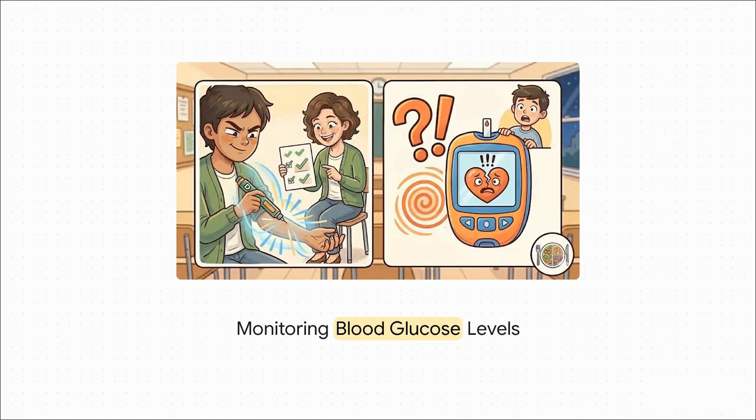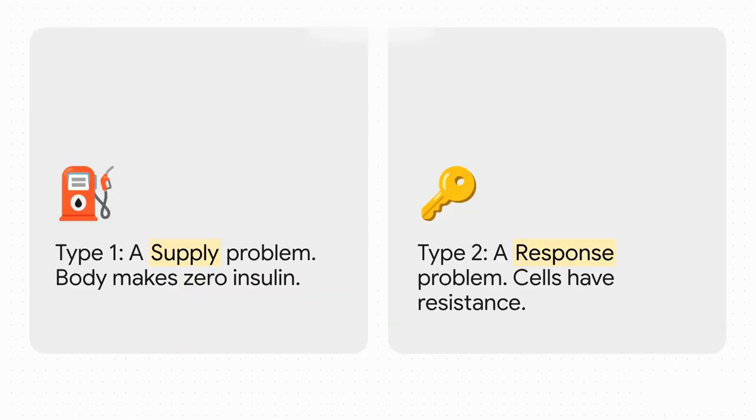Here, we observe a patient testing their blood with a monitor showing a distressed heart right alongside an image of healthy food portions. This is the daily reality of monitoring blood glucose levels for millions of people. And this relates directly to diabetes, which is a condition fundamentally about how the body handles its primary fuel supply, sugar. To really grasp this condition, we're going to rely on some powerful visual analogies to tell apart its two